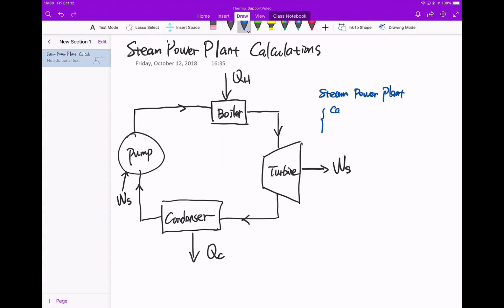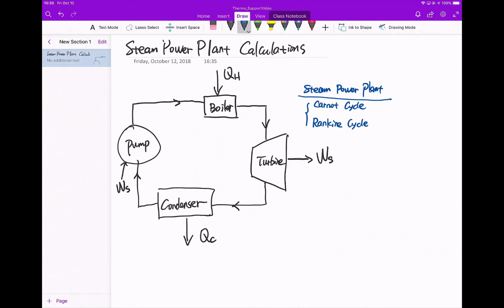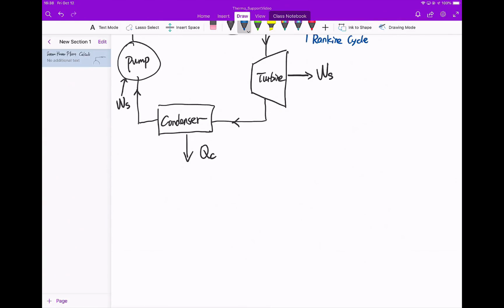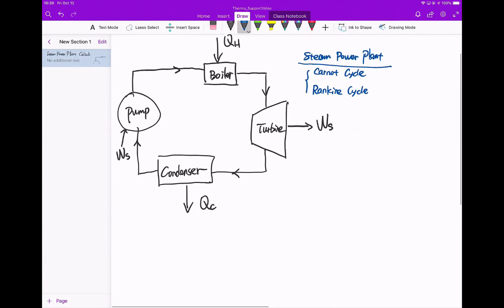And you probably realize that for both Carnot cycle or the Rankine cycle, we are using the same design, but of course they have their difference, and we will see that in a minute. So by looking at this, I also want to review. So now if you go from this diagram to the